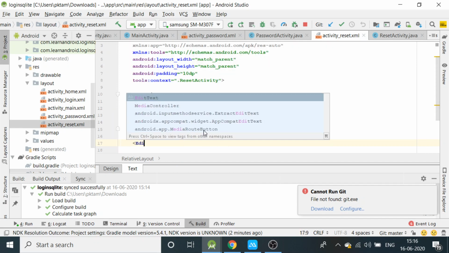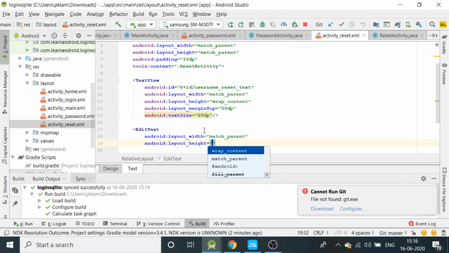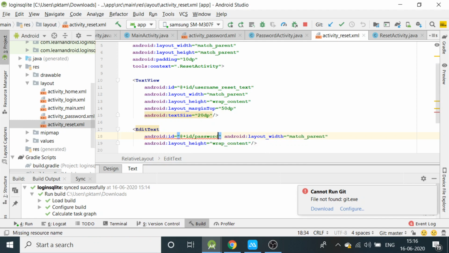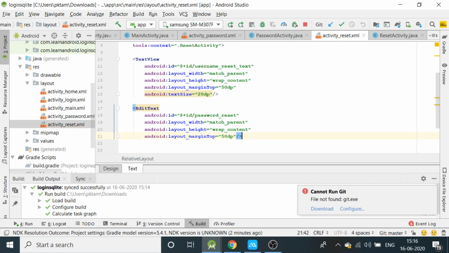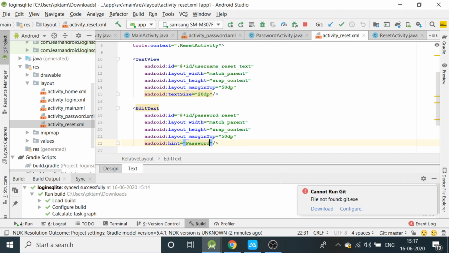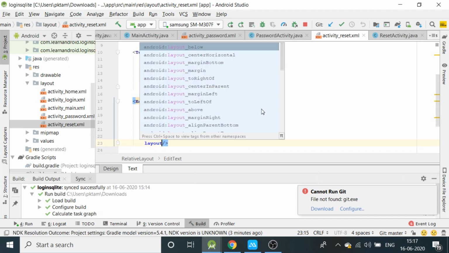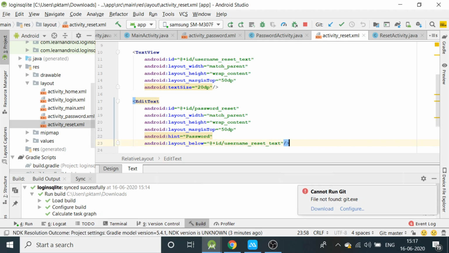Then we'll define an edit text here with match parent and height wrap content, and ID we can choose @+id/password_reset. Margin top we can define again here 50dp, and then hint, let us show the hint as password, and it should be below the text view. So we will write layout_below @id/username_reset_text.